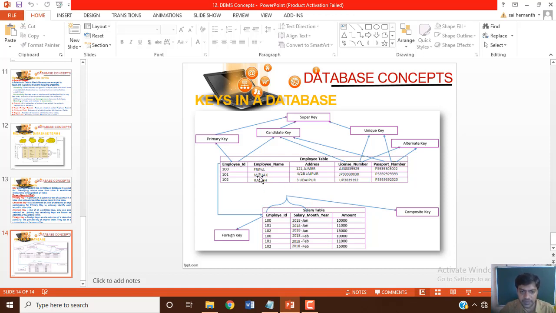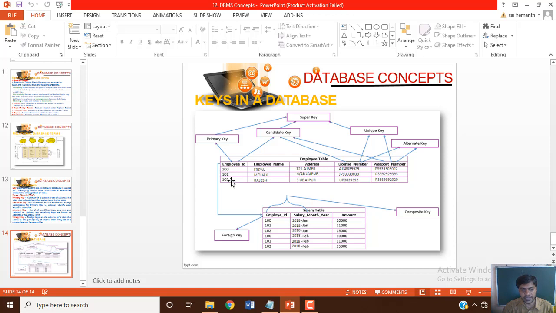Let's see the employee table. There are 5 columns or attributes, so 5 is the degree of the employee table. Similarly, the salary table has 3 attributes, so 3 is the degree of the salary table. Cardinality means the total number of tuples.